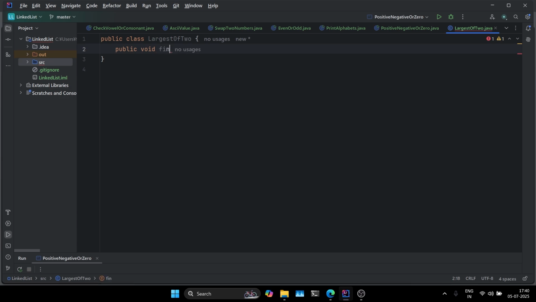So let's get started. First, I will create a public void method. I will give the name as findLargest, and inside this I will pass two numbers, int a and int b. So whatever number is higher or greatest or largest, we will print that. So for that, what we have to do,